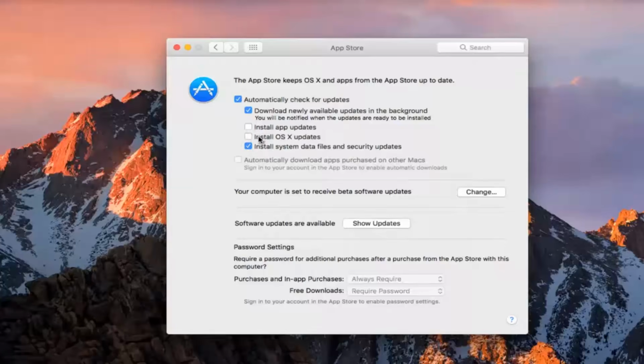So if you wanted to install OS X updates, you could left click inside this box to install those updates, and you can maybe deselect install system data files and security updates from this list if you chose to do so. So pretty straightforward. You can just set to disable all of them if you choose, and it doesn't really